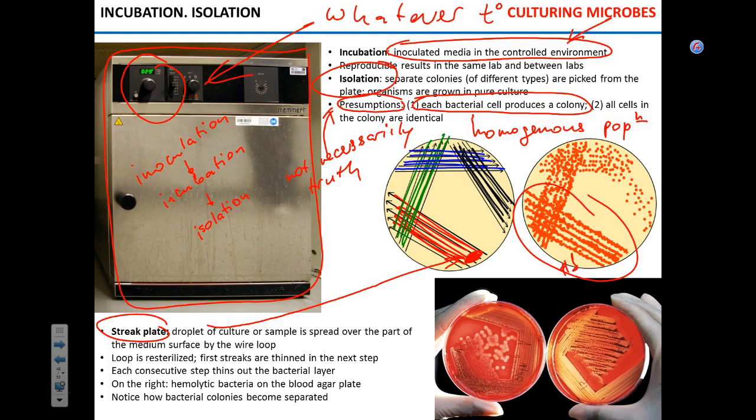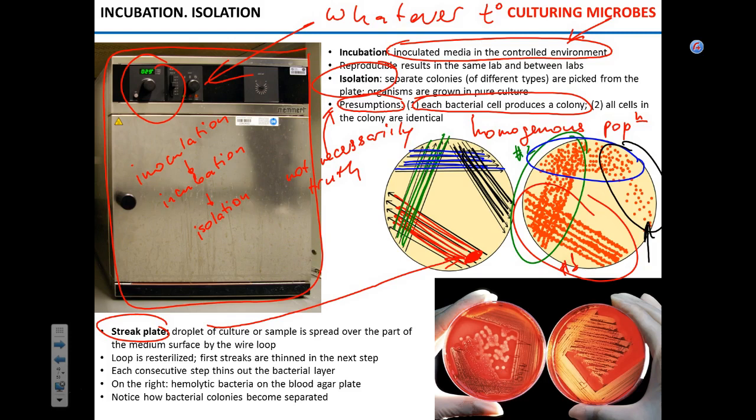Then you grab some of it and you get your streak number 2. Colonies become less frequent, more separated. Okay, and then you start spreading a fragment of the streak number 2, obtaining a streak number 4. Colonies become even more separated. And finally, in the last one here, you get really separated colonies.